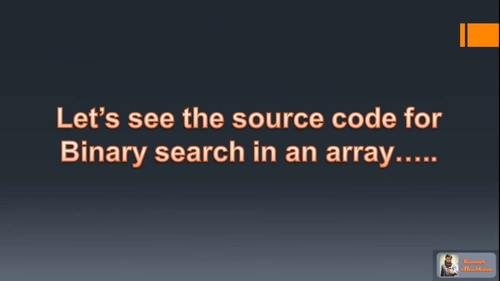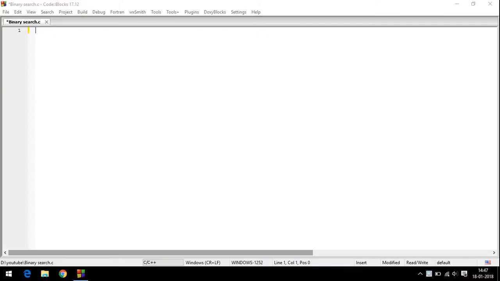Let's see the source code for binary search in C. I am using Code::Blocks for the program. You can download and install it from the link given in the description of this video. I am going to implement it in the C language. Initially, I am including the header files and creating two functions. One is our binary search function and the other is the main function, from which we call the binary search function to